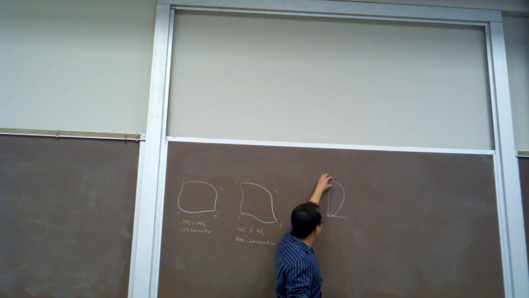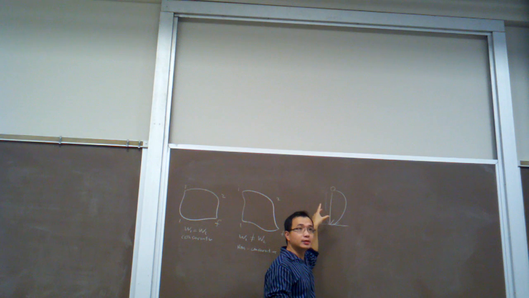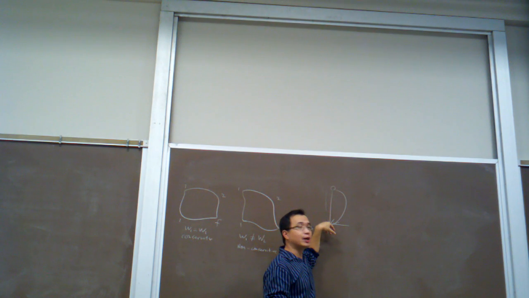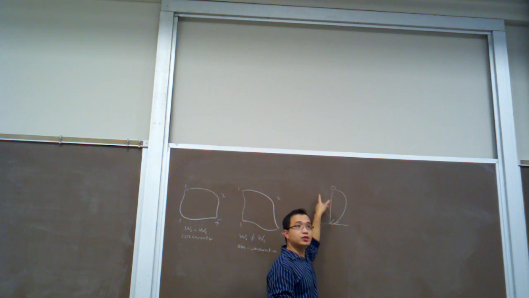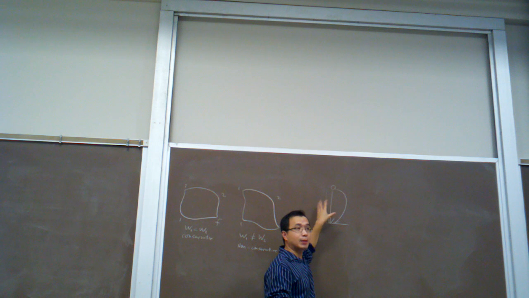For the same kind of system, if you have frictional force, the frictional force is a non-conservative force. So that means if you have the object go from here to here, along this path or this path, the work done by the gravitational force will be the same. But the work done by the frictional force will not. Of course, if it's free falling, you don't even have frictional force. But if you have air resistance, then along this path and along this path, the work done by the air resistance will be